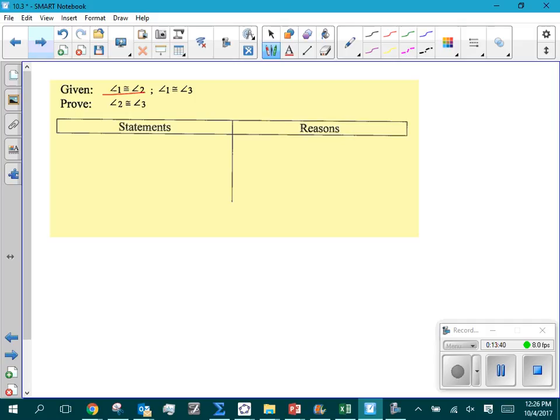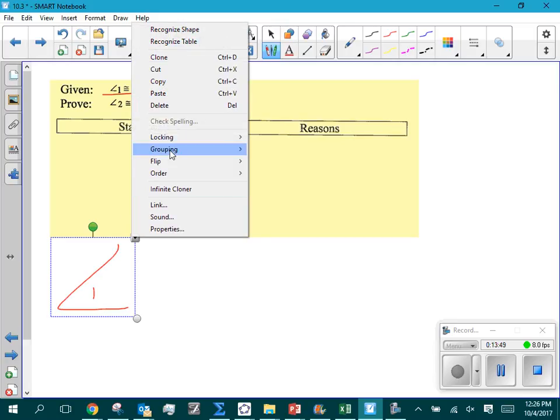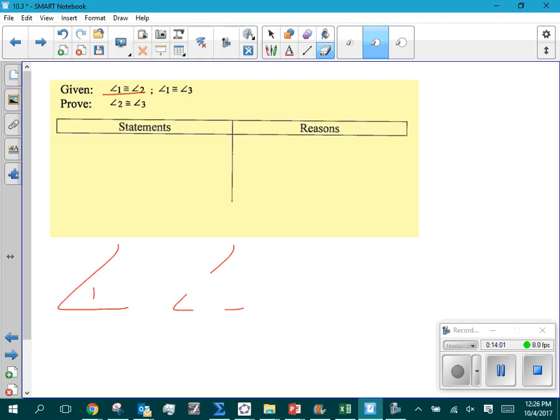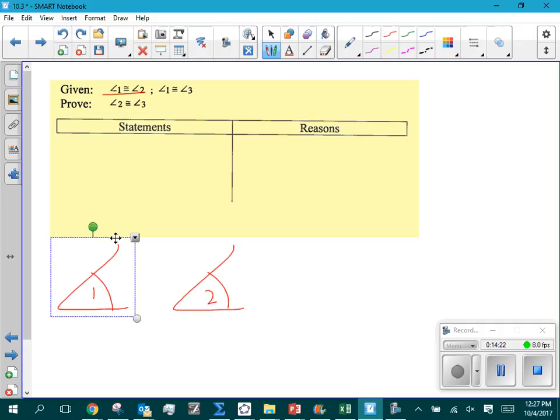So we're saying angle 1 is congruent to angle 2. So I'm just going to draw 2 angles, angle 1, and we'll just clone that so we know exactly that those two things are 100% equal. Would you agree that those are congruent? Okay. So we're going to say that that's angle 2. And this given information is telling you that you know those two things are congruent. Is that doable? Okay. The second part of information is saying you've got a third angle, angle 3,